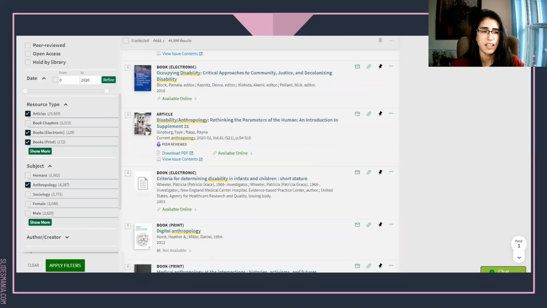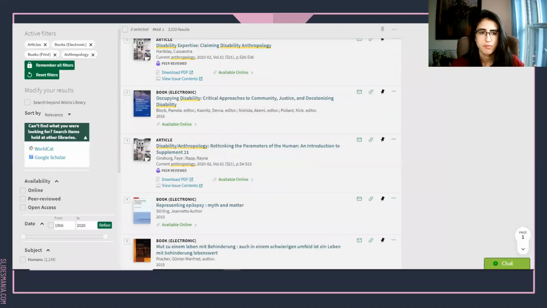So you can see that I have now narrowed down my resource type to articles, ebooks, and print books, as well as my subject heading anthropology. Then I'll click apply filters down on the bottom left. And now my sources follow those filters. The filters are on the top left right now, so you can see what is there. And now if we look in the middle at my search results, we can see I have disability expertise, claiming disability anthropology, occupying disability. It's underlined over and over, and you might not see anthropology in the title or anywhere